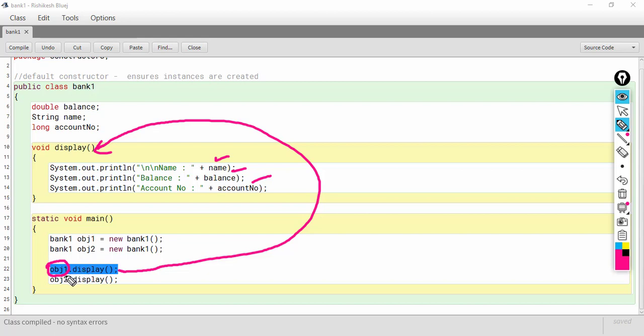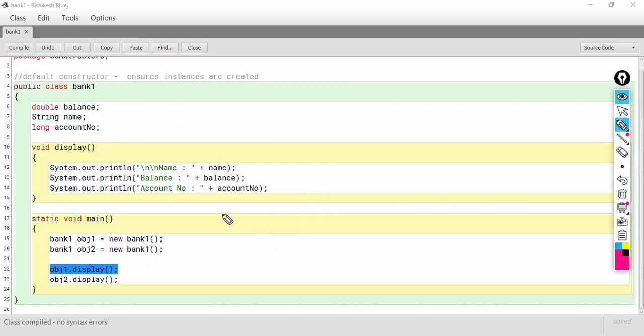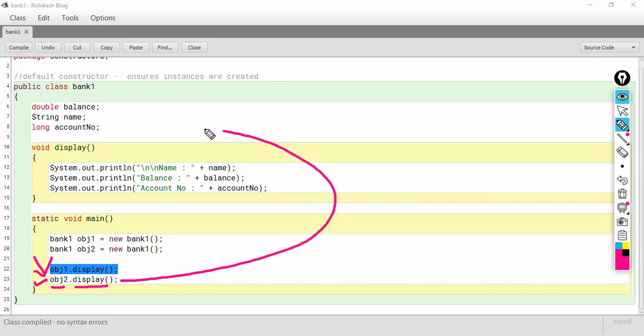And then when the control returns back to the main function, line number 23 will execute, and this time obj2 calls the display function. So again the control is transferred here. This time the name, balance and account number of obj2 gets displayed. So both will display the default values, that is null, 0 and 0.